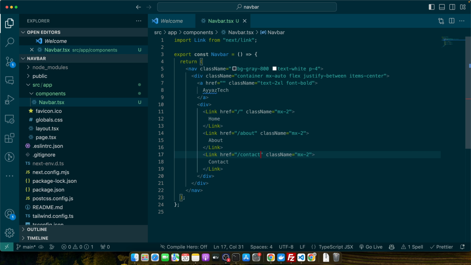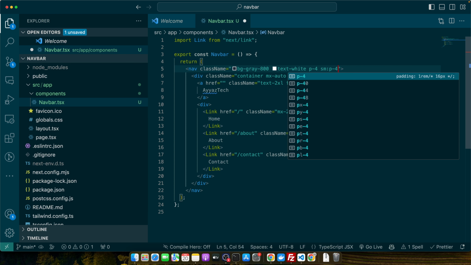With Tailwind CSS, we can apply styling directly in our JSX using utility classes, making the process efficient and modular. Tailwind CSS offers a vast variety of utility classes that allow us to style our components with ease. We have already applied some basic styles in our navbar component, such as background color, text color, and padding. So let's enhance our navbar's design and make it responsive using Tailwind's utility classes. So here we have text-white, p-4, and after that I will add additional classes